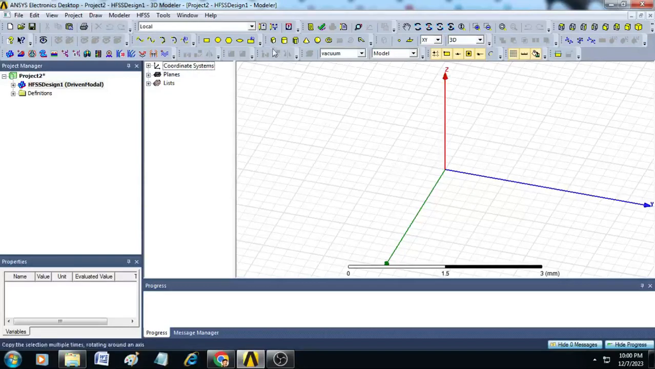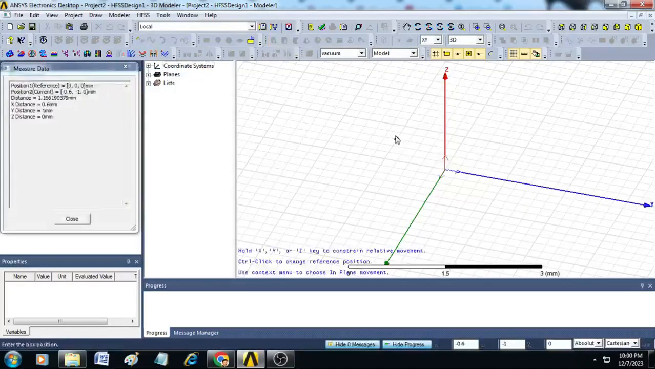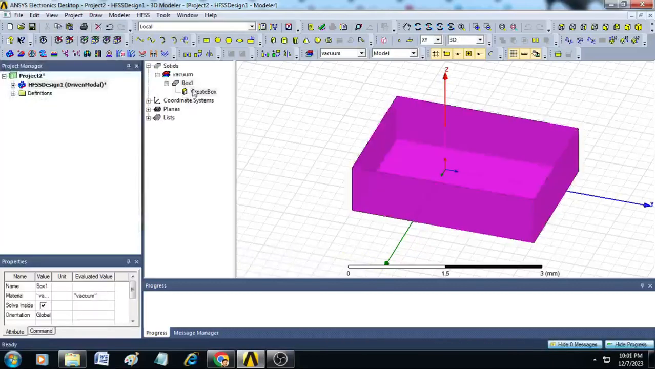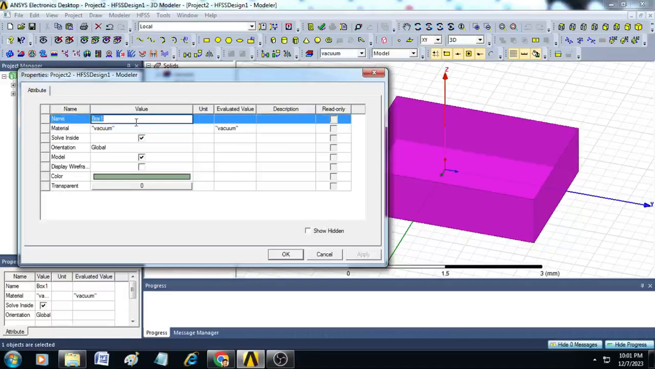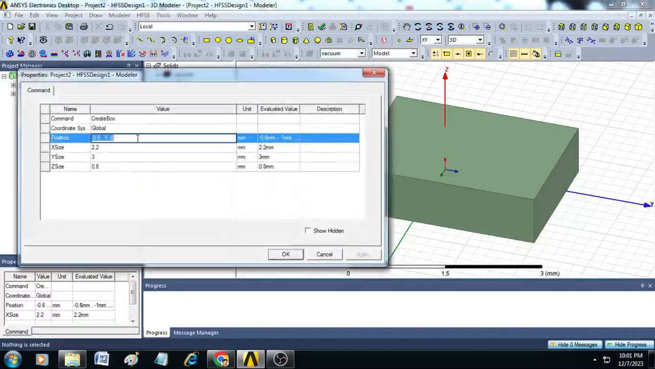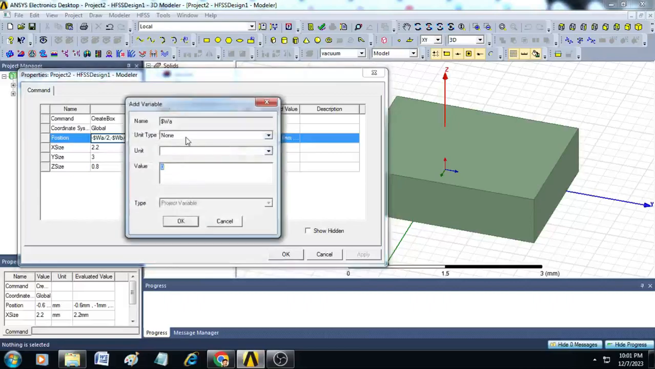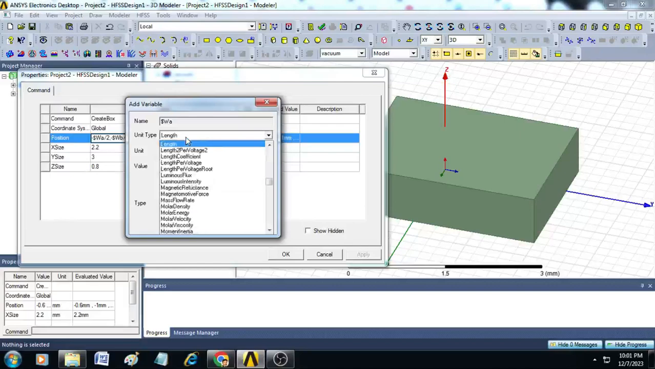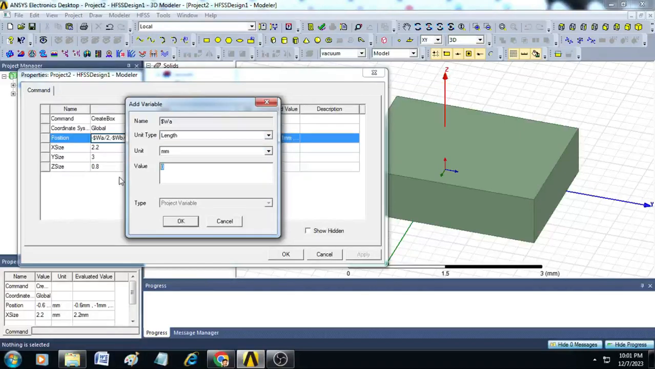So to do that, first let us click on this draw box and drag and drop somewhere on the editor window to get a rectangular box. Now first let us rename this box as air, and then we can click OK. After that, we can assign the position values here as minus $WA by 2, comma, minus $WB by 2, comma, 0. Then it will ask for the value of WA. Here you can select the unit type as length, and you can enter the value of WA as